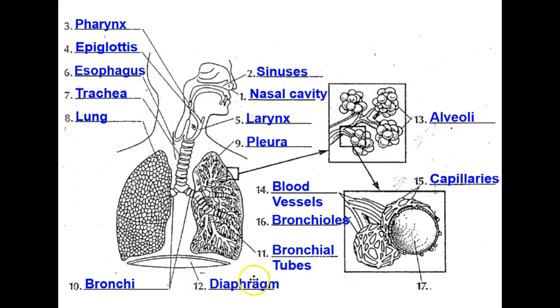So just to clarify, your bronchi then branch off into bronchial tubes, which then branch off into bronchioles to each of the individual alveoli. And the inside of the alveoli is called the alveolus, or singular for one of the sacs. Okay? All right, that'll do it for our diagram. Let's take a look at